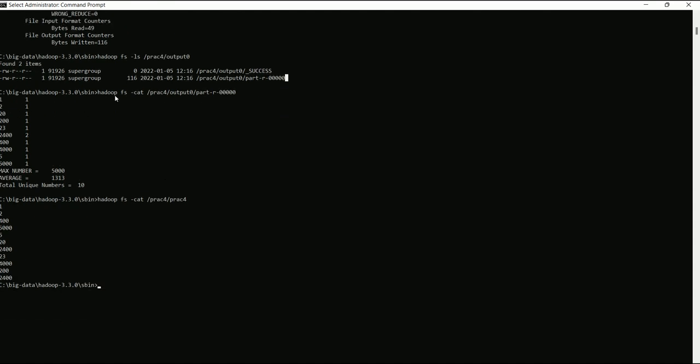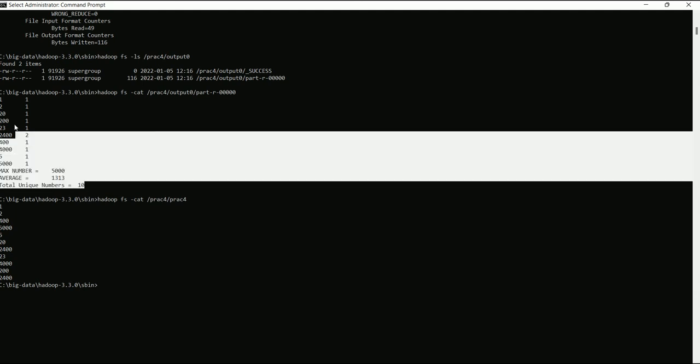When I show this particular file, the output is something like this. The occurrence of 1 is 1, 2 is 2, 22 is 1, 200 is 1, 23 is 1, and 2 for double zero is 2 times. The max number is 500, the average is 1313, and the total number of unique values is 10. So this is the output of our practical.